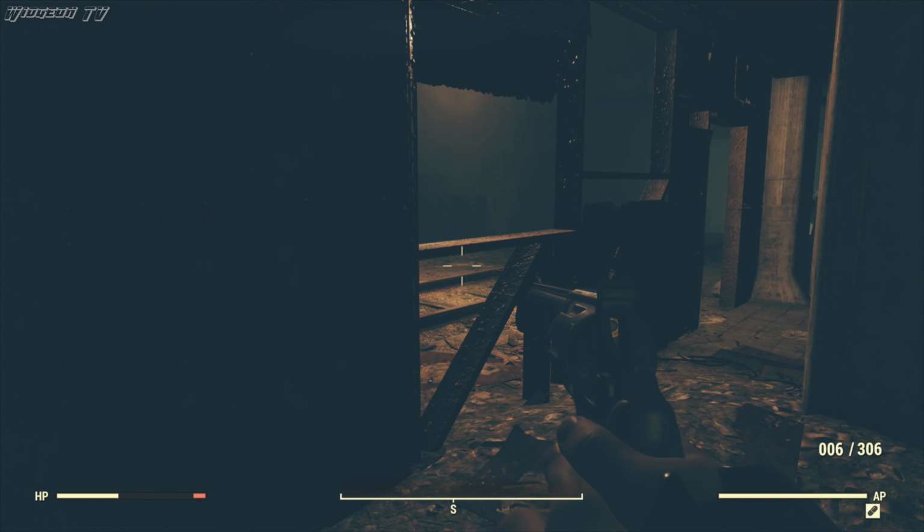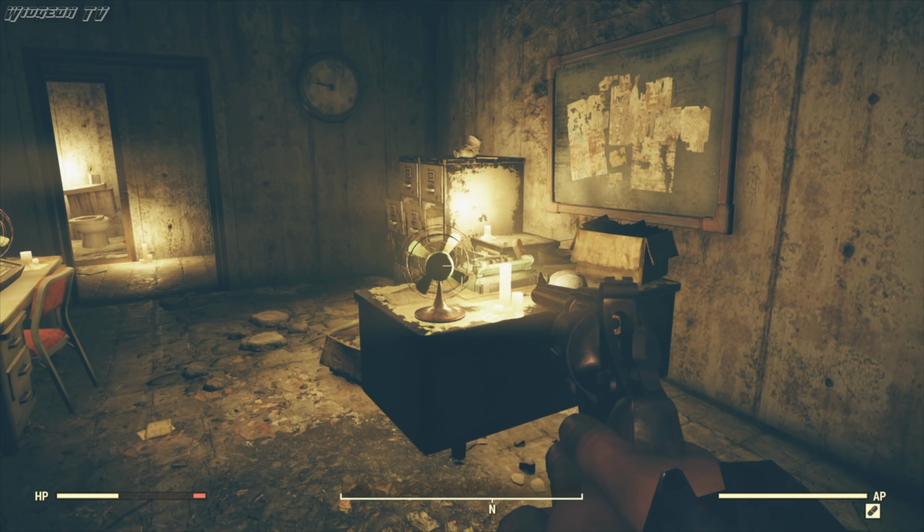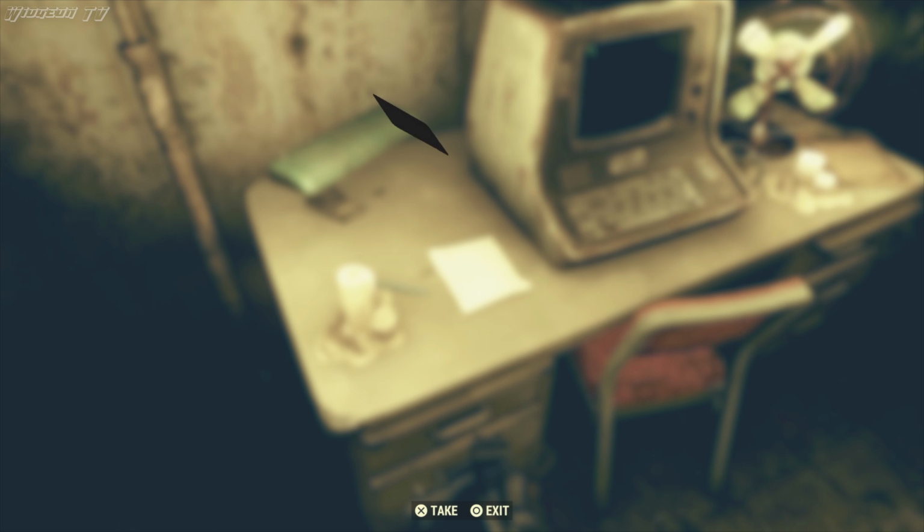The mine opens up into a rather claustrophobic office area. Turning to our right, we immediately see a note placed next to a terminal reading,